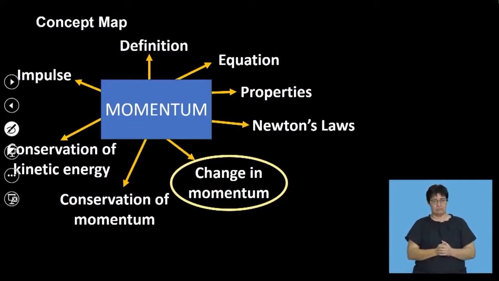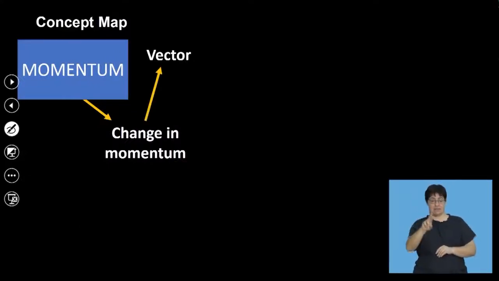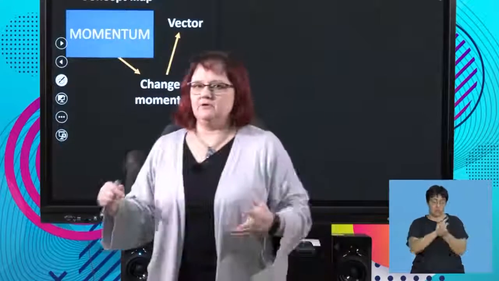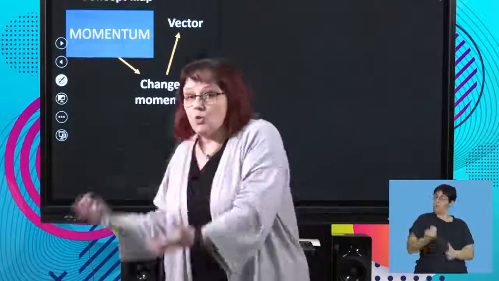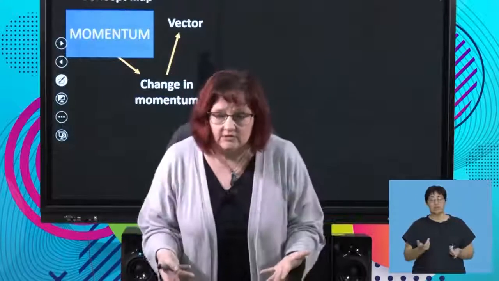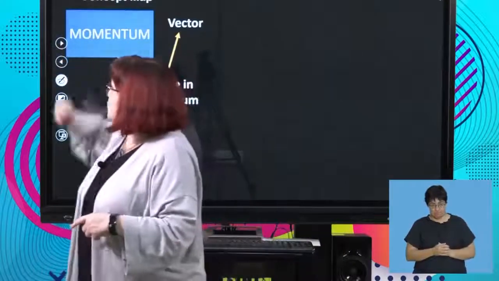Let's break change in momentum down. So change in momentum, first of all, is a vector. Momentum is a vector. So change in momentum is a vector, because when we change momentum, it's not a new concept or a new quantity, we're just looking at how it differs, whether it gets bigger or smaller, did we change direction, all of those sort of things, because how momentum changes affects the motion of our object. Because it's a vector,